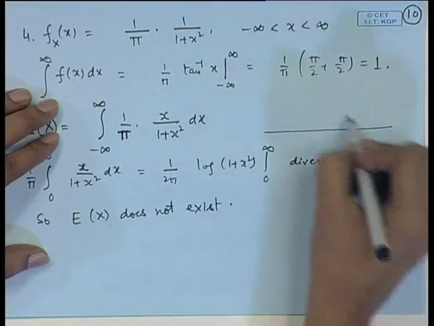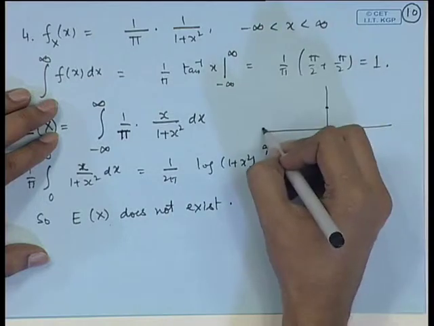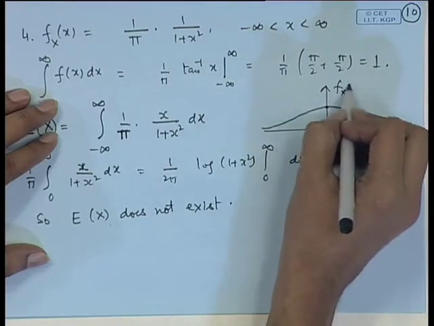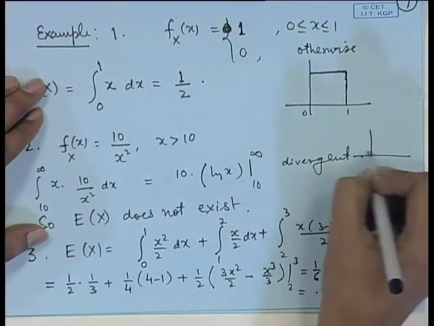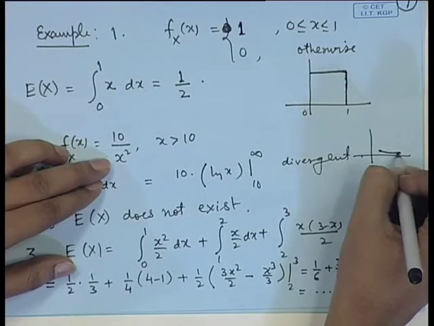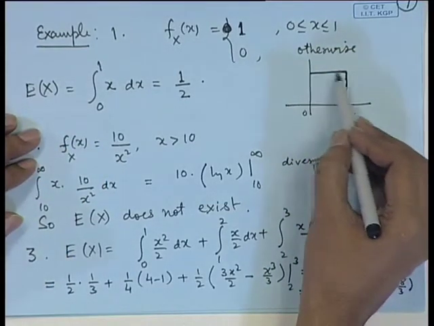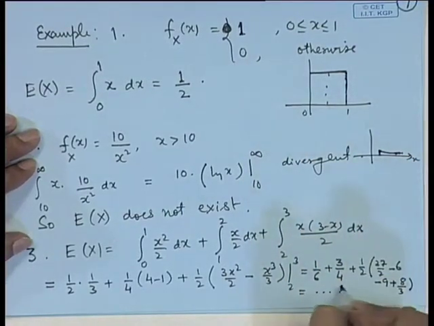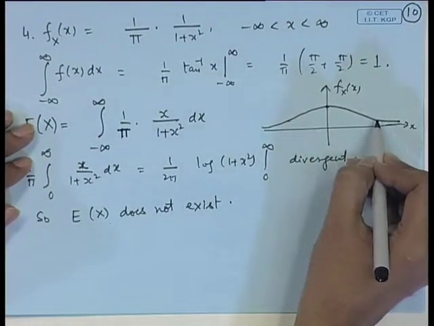If we look at the shape of this curve, actually at x equal to 0, it is 1 by pi, and if we look at the shape of this curve, then here it is at x equal to 10, it is 1, and thereafter it is reducing. From various curves here, for example, we found the expectation to be the middle value. Here the expectation does not exist, here it is somewhat different. So, we are tempted to consider something like a concept of symmetry.